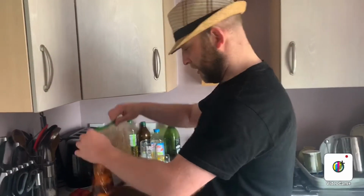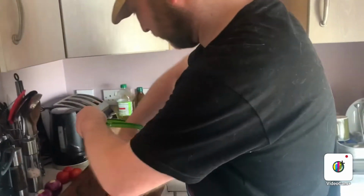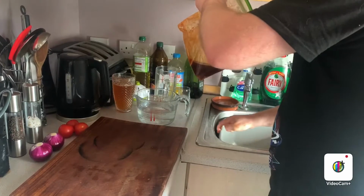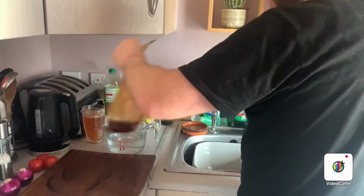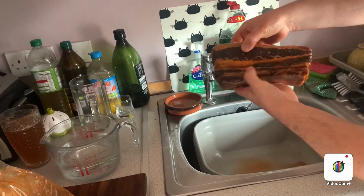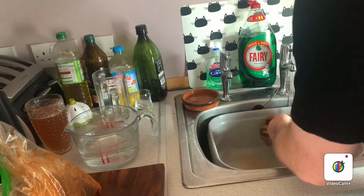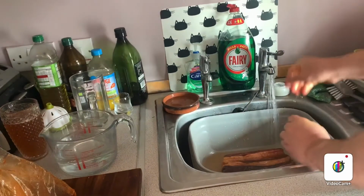So after a day or 2, you remove it from the bag into a basin of cold water. Now that's how much liquid has come out of that beef. I'll put that to one side because you won't use that, it'll be far too salty. As you can see, the beef gets darker, the flesh gets firmer, and we want to leave all this fat on. Now you want to give it a wash, or what I'm doing is I'm going to soak it in cold water